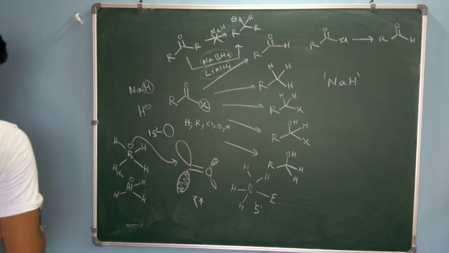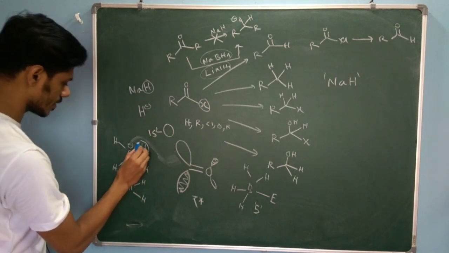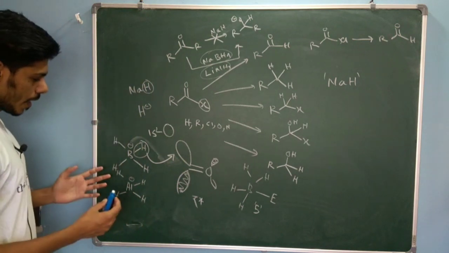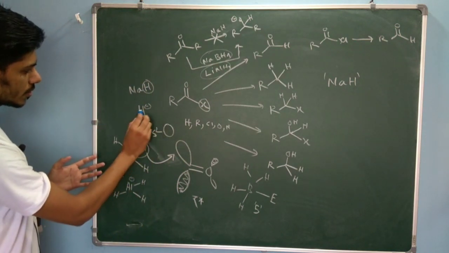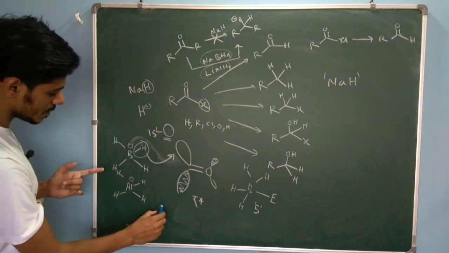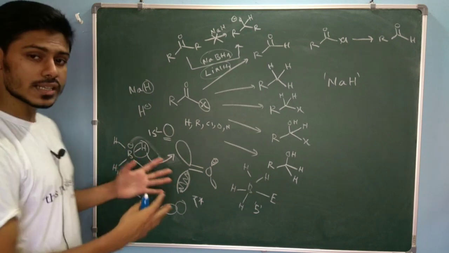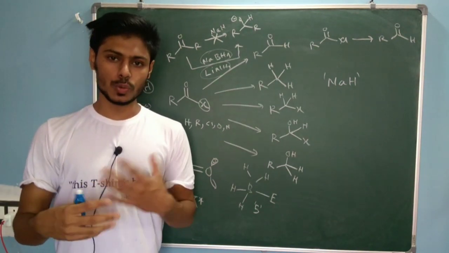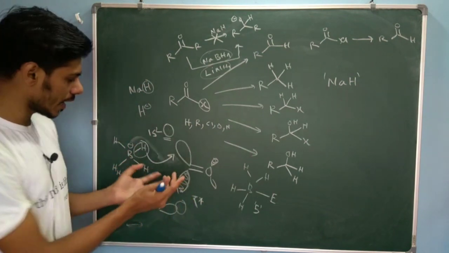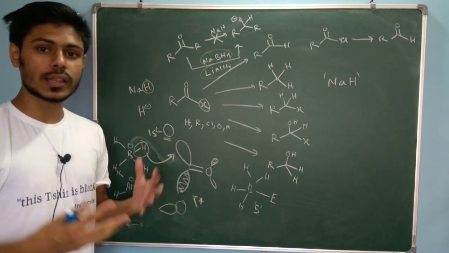So what happens here is you have to take this hydrogen as hydride, that is with 2 electrons, and then you should write the arrow like this. Now if you compare here and here, in the case of simple sodium hydride it was the 1s orbital of hydrogen, but in this case it is the sp3 hybrid of boron mixed with the 1s orbital of hydrogen, so there is a 2p, 2s and 1s orbital mixture, and because of this the size is slightly bigger and comparable to the size of the pi star orbital. So here the size matching is quite good, and that's why the reaction occurs.